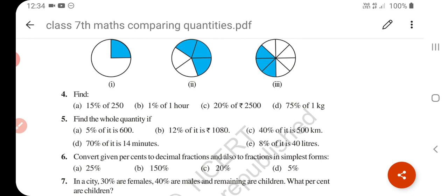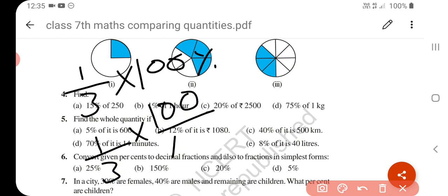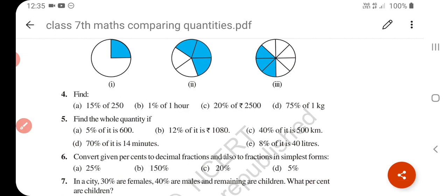How to find the percentage of any fraction number? If the denominator is not 100, then what can you do? You have to make the denominator 100. When you want to convert any number into percentage, you have to make the denominator 100. Now converting a fraction number to percentage: if we have to convert a fraction into percentage, what can we do? 1/3, we have to multiply by 100%. Understand? So it becomes 1/3 into 100 upon 100. What is the meaning of percentage, children? 100 upon 100. And it becomes 100 upon 3%. When you divide it, your answer comes, and you can easily find the percentage.